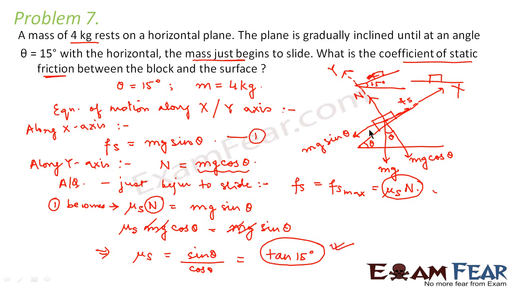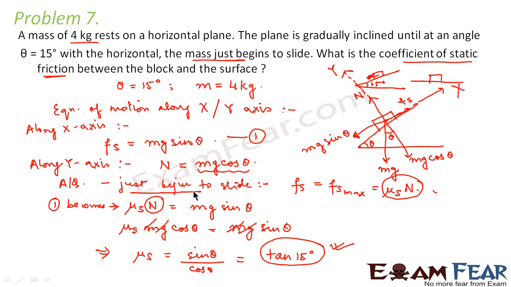So I hope it is clear now. Here also we did the same thing. We drew the diagram. We found out all the forces acting on the body. Since the body is at rest, all the forces acting along the horizontal direction should be equal and opposite. Similarly, the sum of all the forces acting along the vertical direction should also be equal to 0. That is, these forces should be equal and opposite. Right? So we wrote both the equations.